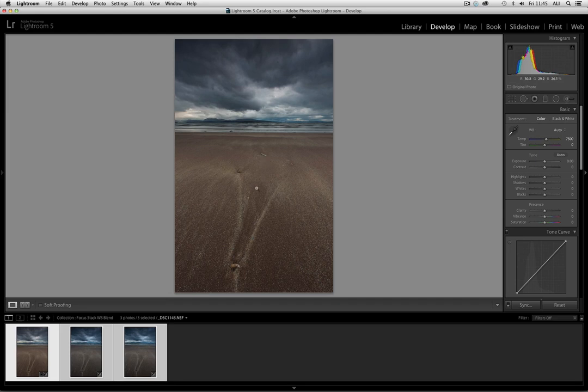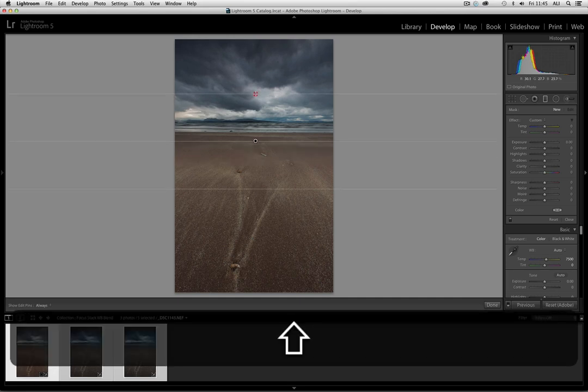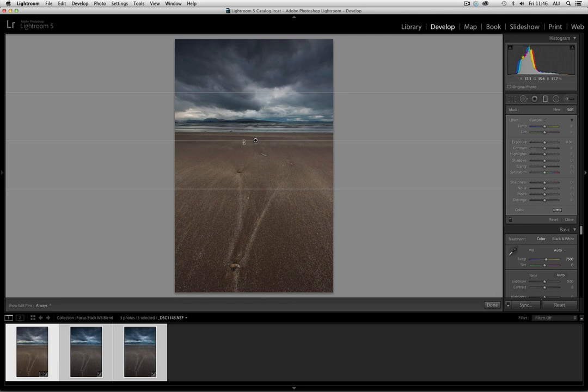Now, to my mind and memory, the foreground isn't as red as it was, and the sky isn't as foreboding as it was. So what I'm going to do is use the gradient filter here, the gradient tool, where we now have the capacity to change white balance, exposure, and sharpening, etc. within very specific areas using either a gradient or a brush. Now, because the foreground and the sky here are quite demarked with a fairly straight line, it's quite easy to